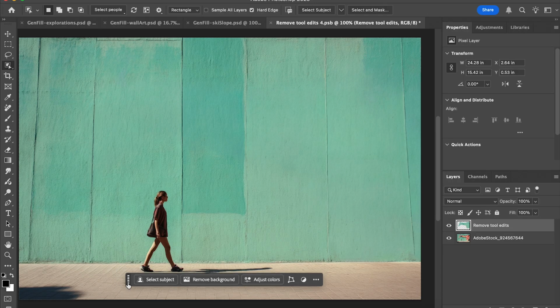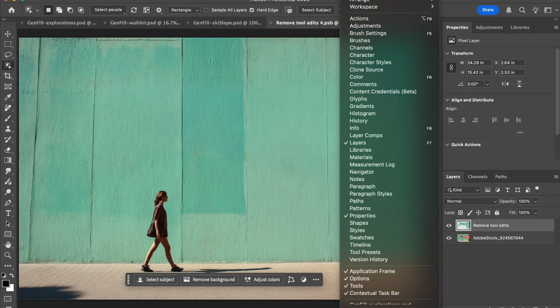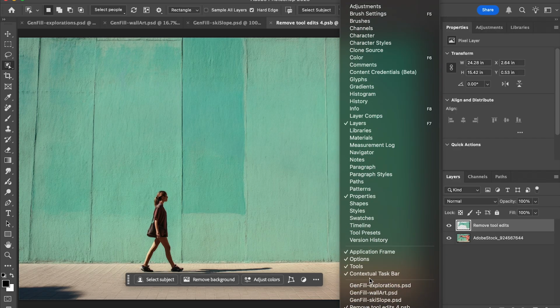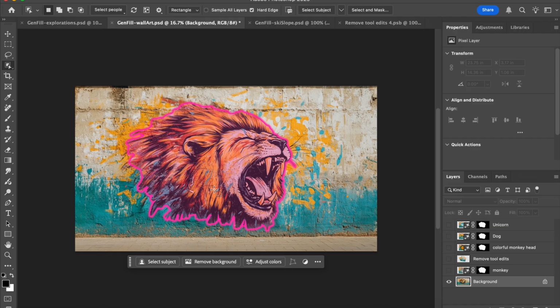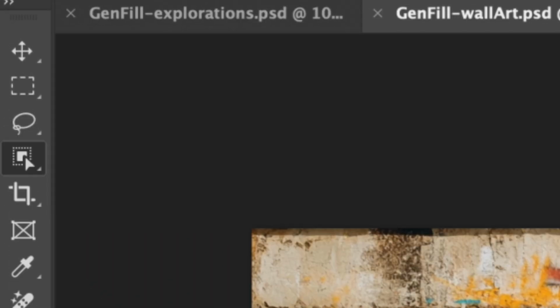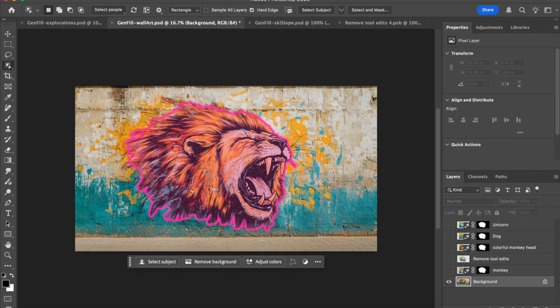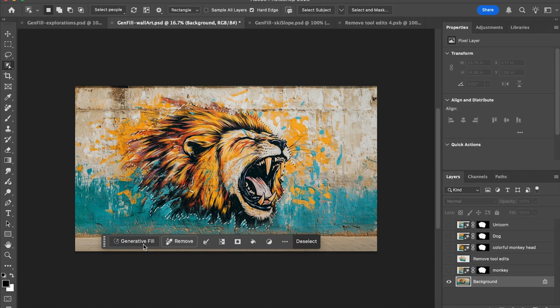So the easiest way to get to Generative Fill is through the contextual taskbar. To get the contextual taskbar, just go up to Window, then Contextual Taskbar. First, you want to select the Object Selection tool, then just select an object to modify. There are two different ways that you can do Generative Fill. You can either type in a prompt of something you want to replace the item with, or you can hit